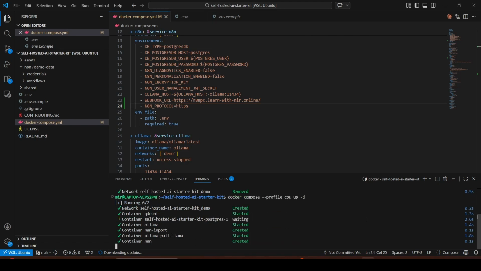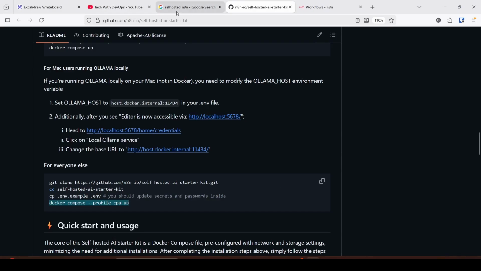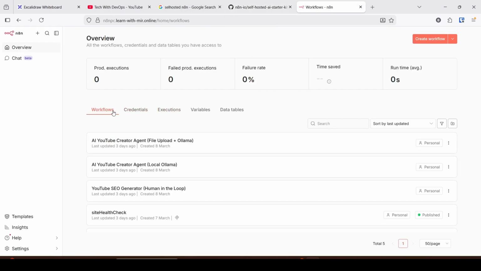Okay, and it recreates the container. Okay, wait a little bit. It is also running the Ollama as it is restarting. Okay, it is done. Then go to the n8n workspace, and here if you click on new and